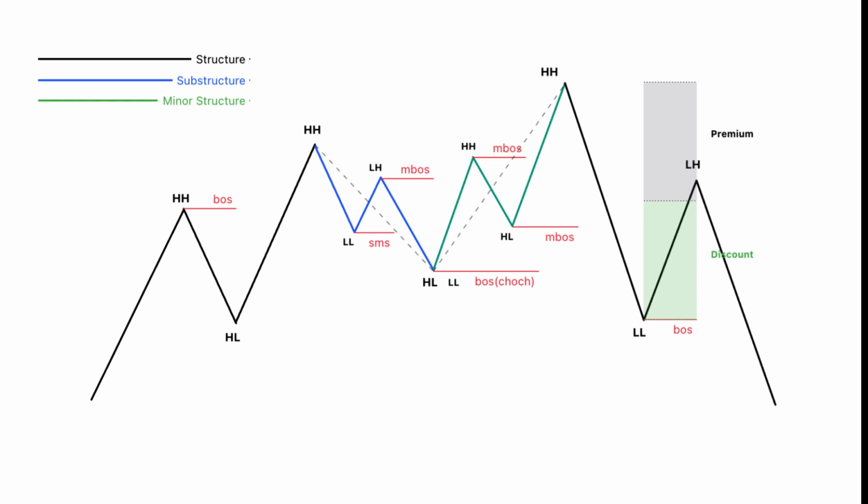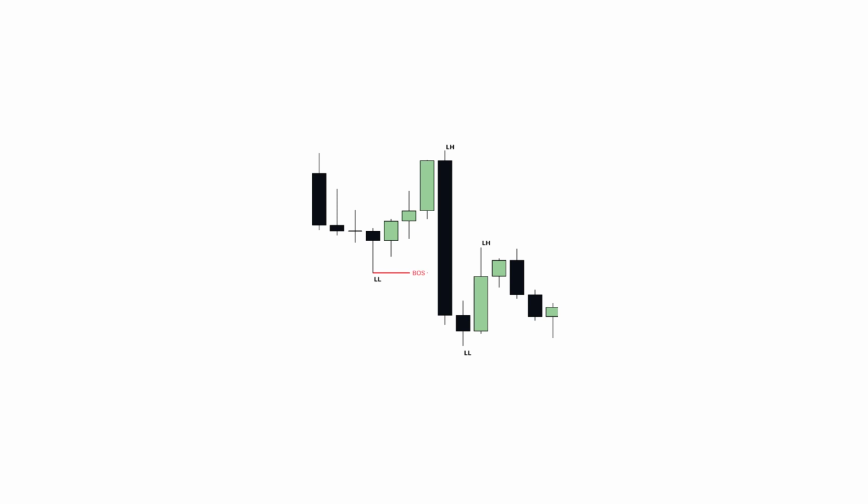As far as classic structure, minor structure and substructure go, we don't provide the ability to specify which type of breaking of structure to use. You will be dealing with the break of structure, which can be either of them. The price move that broke the structure will produce discount and premium zones. Some of you need that in order to detect where the pullback is about to finish, considering the trading context where the price action takes place. To confirm the break of structure or the continuation, we use body confirmation. It means that the candle must close higher or lower than the considering swing.